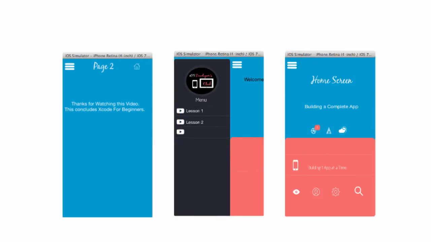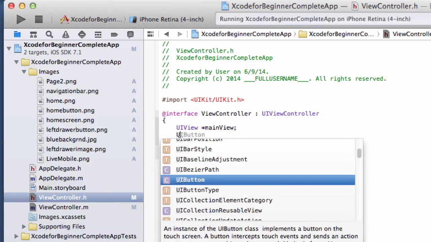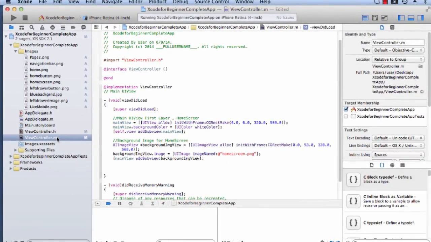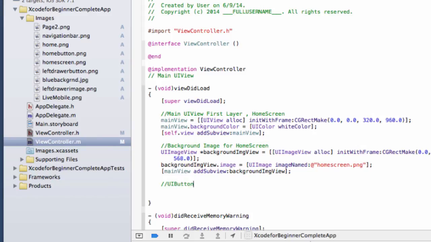So going to the viewcontroller.h, you'll be inside this interface, at interface, underneath main view, and we're going to add in UI button, and the UI button object, which is a left drawer button, and we're going to add in a UI image view, and that's going to be the left drawer image view. And when you declare here on the H, you have to go to the M. So going to the viewcontroller.m, the first layer is going to be UI button, which is going to be your left